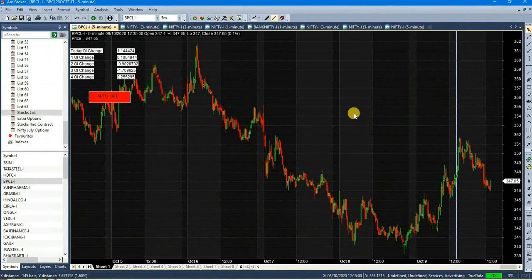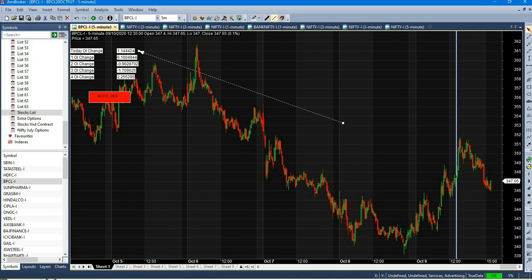Okay, before I show you some examples, first I will show you my AmiBroker platform where I identify these stocks. I will show you how I identify. This is AmiBroker where I selected 9th of October. Here you can see some figures. On the first figure, it is written Today OI change, which means I have selected the 9th October day. It is showing the change in OI as compared to yesterday.